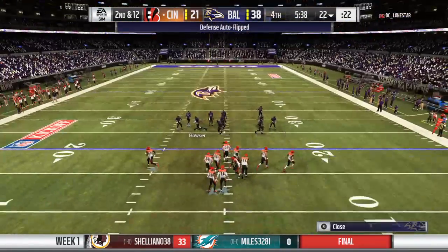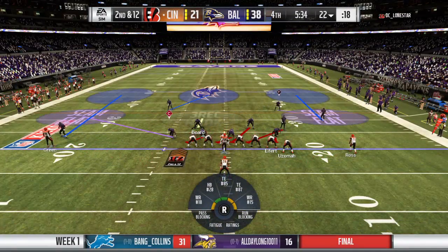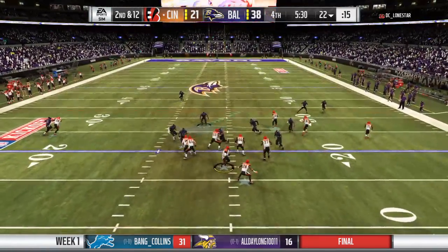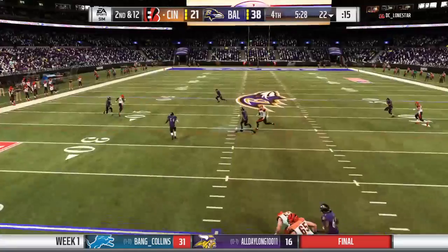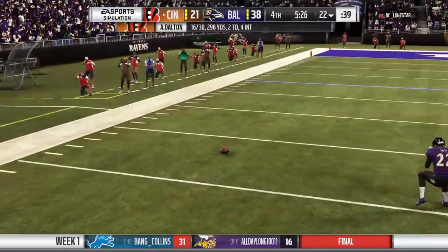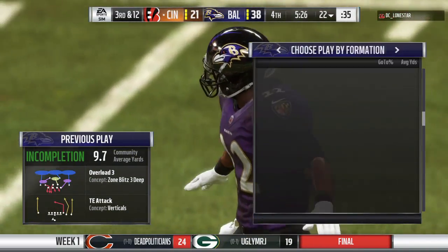First play of the drive goes the wrong way. Here's 2nd and 12. Go, on the ball. Dalton throwing on 2nd down. And that is incomplete. I remember a coach told me a long time ago the difference between playing corner and